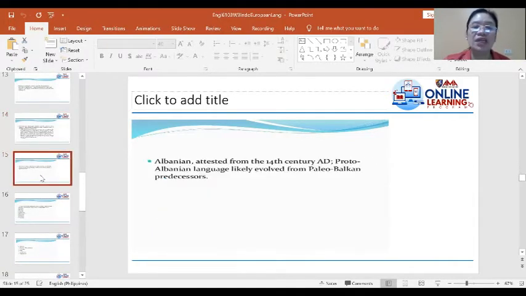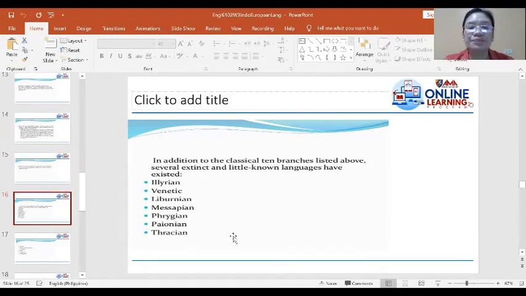And then we have here the Albanian, attested from the 14th century AD, and the Proto-Albanian language, or Albanian language, likely evolved from Paleo-Balkan predecessors. Now, in addition to the classical 10 branches listed above, several extinct and little known languages have existed also during that time. And those were